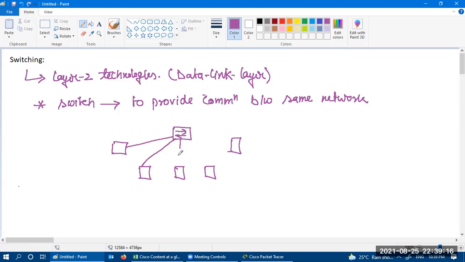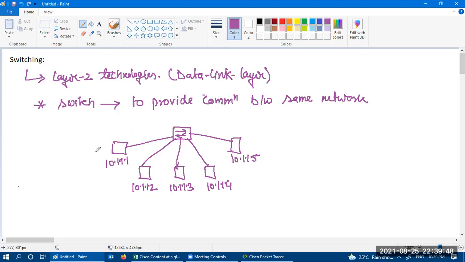You can simply place a switch in between, and with the help of that switch, they are able to communicate with each other. This PC has IP address 10.1.1.1, this one 10.1.1.2, this 10.1.1.3, this 10.1.1.4, and this 10.1.1.5. If these PCs want to communicate with each other, we need a switch.